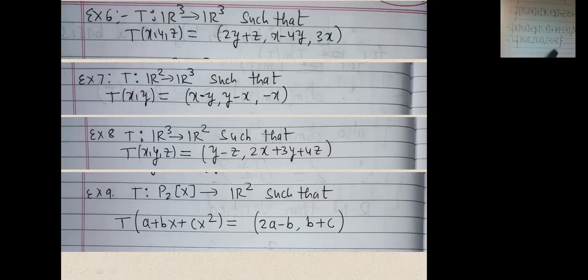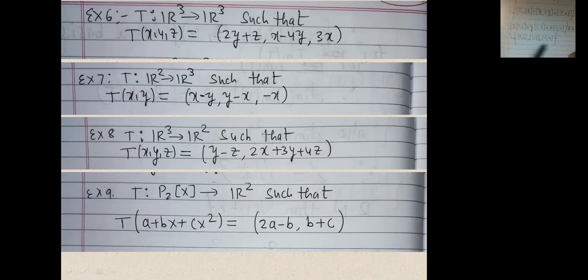So you know that these vectors are in R2 because they have two components, and there are three vectors in R2 here in this space. So first vector, second vector and third vector. There are three vectors here and they all are in R2, but we know that the dimension of R2 is equal to 2.